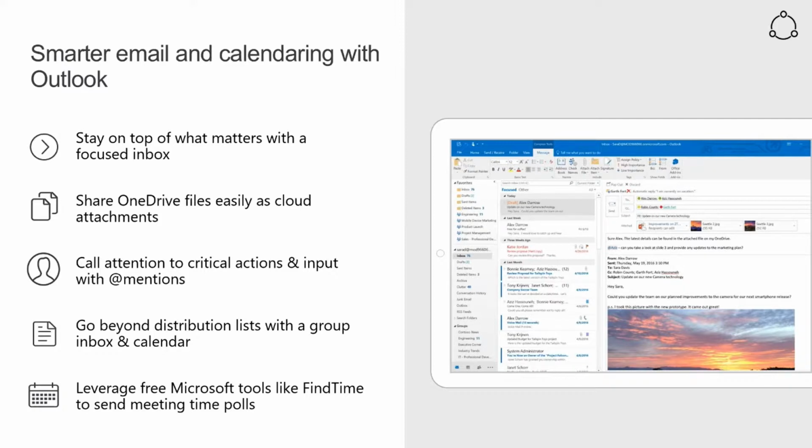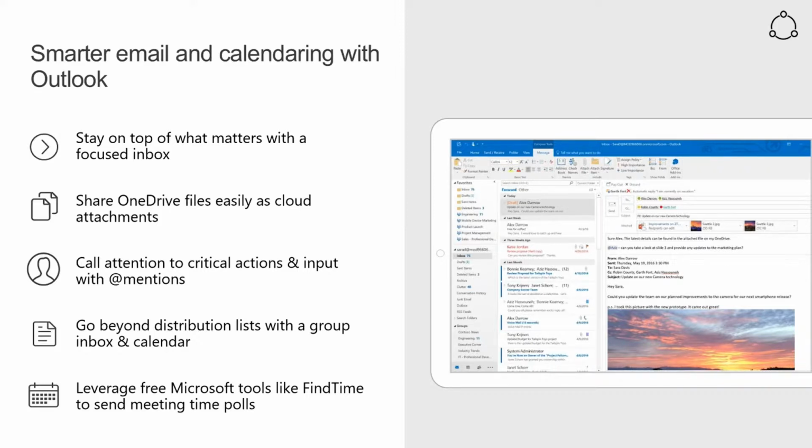There are a bunch of new features in Outlook, like Focused Inbox, which allows you to get rid of all the scuffle and focus on what's important. There are features like the @mention tool that allows you to call out team members, assign them tasks, and so on and so forth. And it seems like almost every couple of weeks, we're seeing other new apps and new add-ins